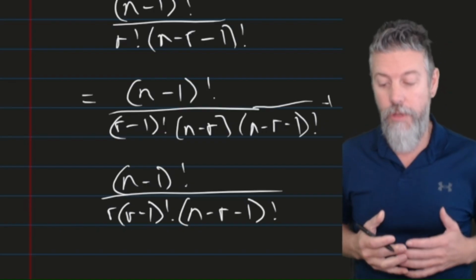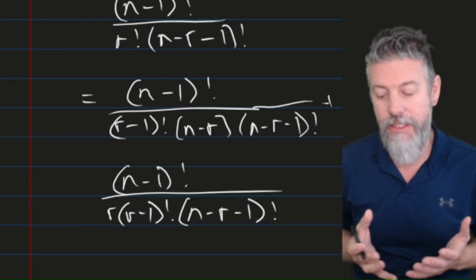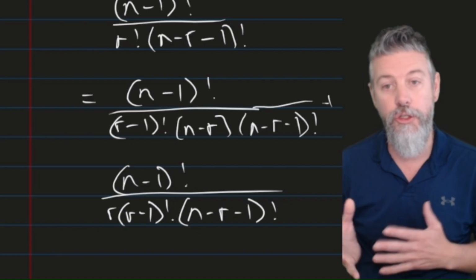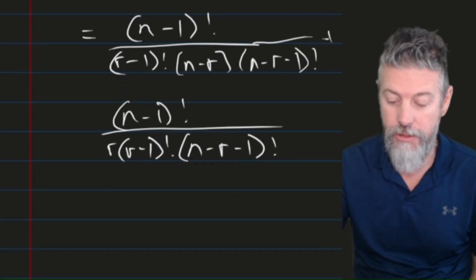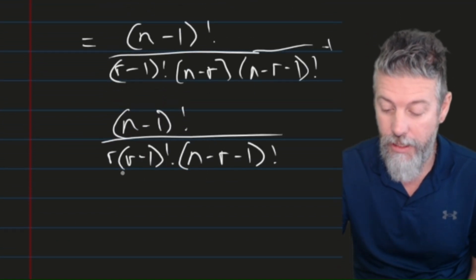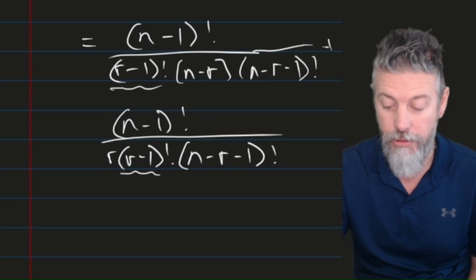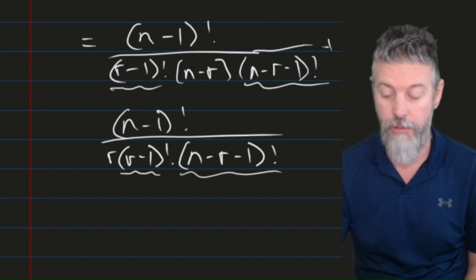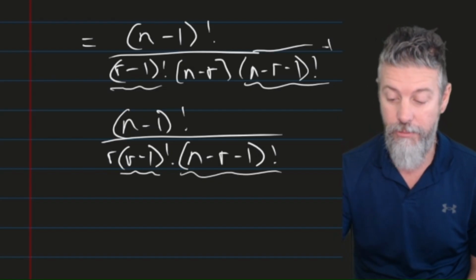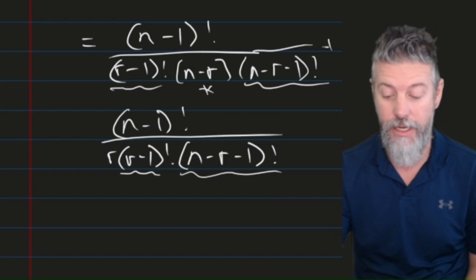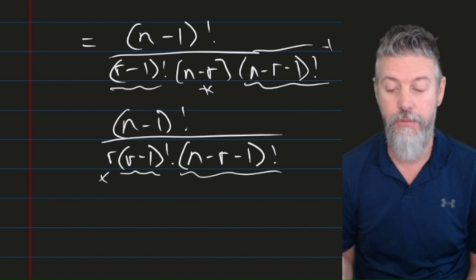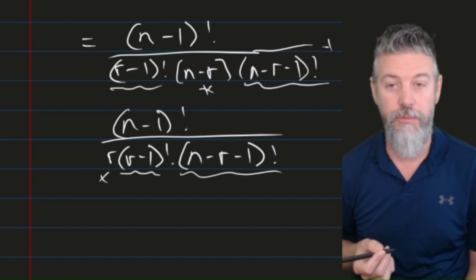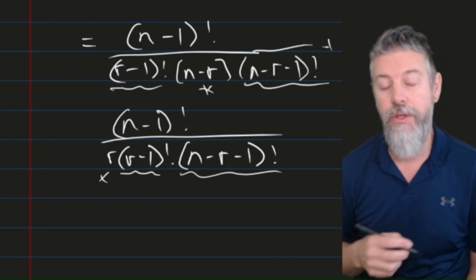So now what we want to be able to see is that there are common things in the denominators of both of these fractions. We can see that we've got an r minus 1 factorial in both of them, and we've got an n minus r minus 1 factorial in both of them. What we don't have in both of them is this n minus r term and this r term. So that's what we're going to be cross multiplying by